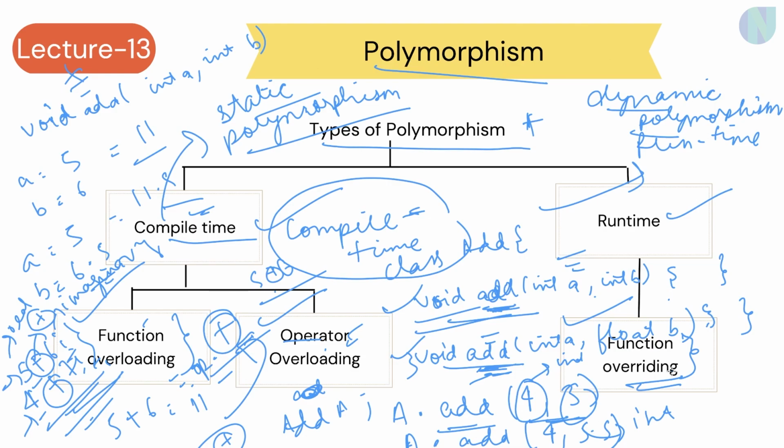So what happens is, consider there is a base class, there is a derived class. In the base class, if I am giving that particular method or that particular function the virtual keyword, it won't be called. The ones which are not having the virtual keyword, like in the derived class, would be called, not the base class. So this particular decision is taken in function overriding. So this was all about polymorphism and types of polymorphism. I'll be explaining one type in one lecture so that you can have a proper understanding about each and every type.